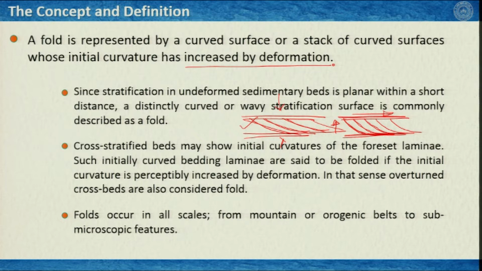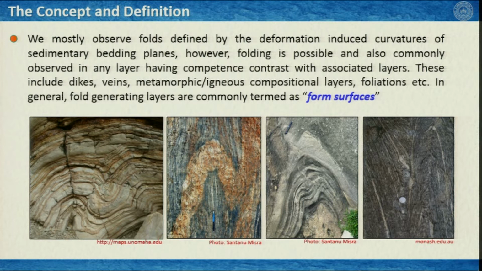Now, a fold, as we have seen in one of our first lectures, can be of various scales. This indicates that the fold mechanism, or the way the fold forms, is a very constant process, but the scales could be different. You can see folds on an orogenic scale, and you can also see folds under a microscope, even under transmission electron microscopes, where the length of a fold is on the nanometer scale. So, with this we try to understand what defines a fold in this particular slide.